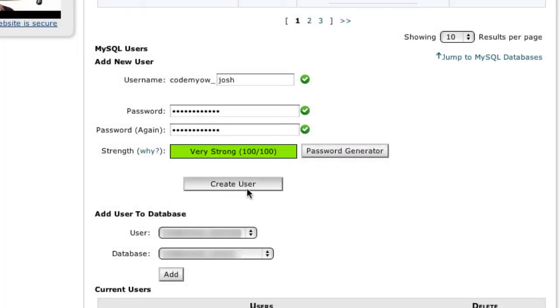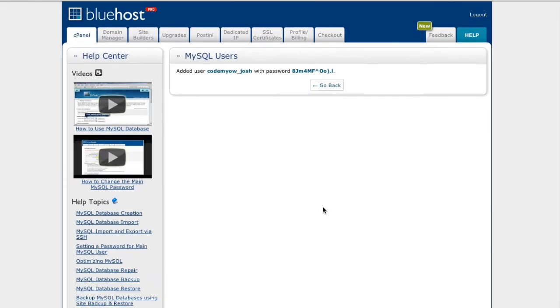So now that we've got our password in there, it's giving us a strength rating, 100 out of 100. So we always want that to be as strong as possible. We just click on Create User. So now it's telling me that it's created the user Josh with password, this one that we've written down. So if I click on Go Back,